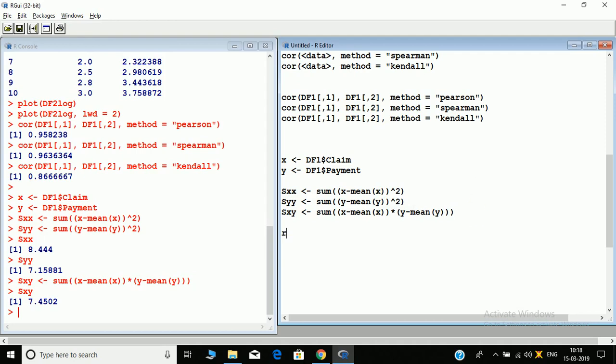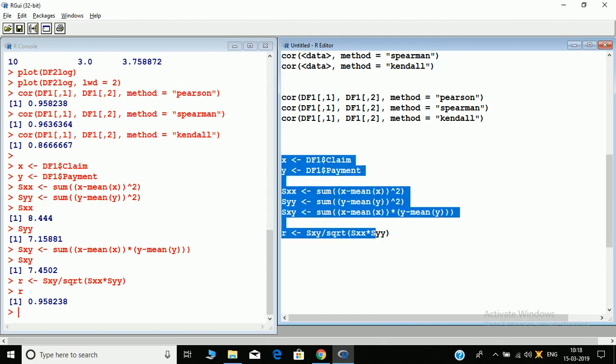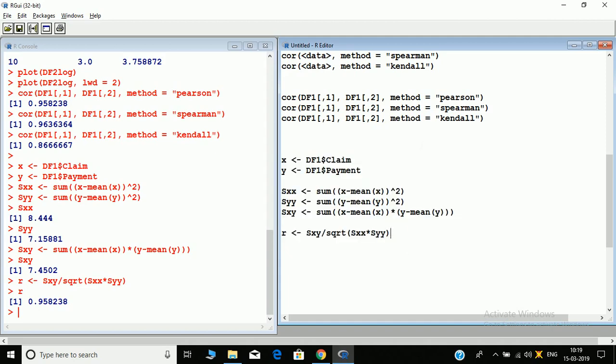According to the formula, R is nothing but SXY divided by sqrt of SXX into SYY. Correct? And let's see what is R. It is 0.958238, which we had got from method equals Pearson. So you can directly use the correlation formula also, and this is called the scratch method, the way we do in theory.